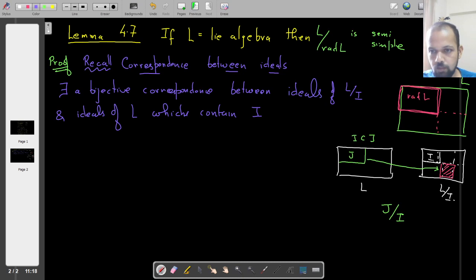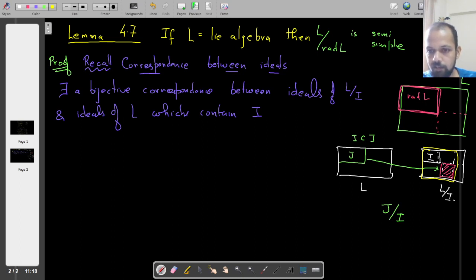Because these are elements. Out of these you'll have an ideal, and you'll have this ideal here. So you will have an ideal here, not an element. It will be an entire ideal consisting of certain elements, and that ideal is mapped to